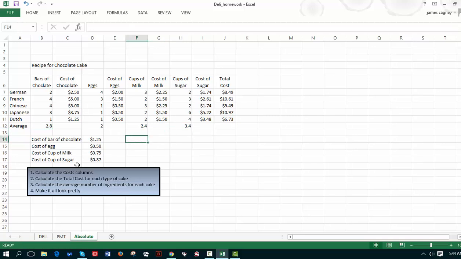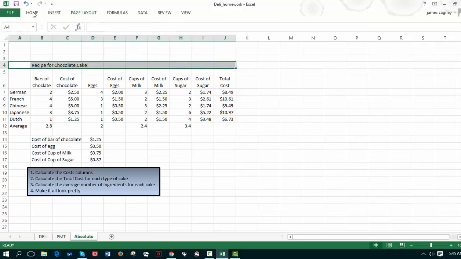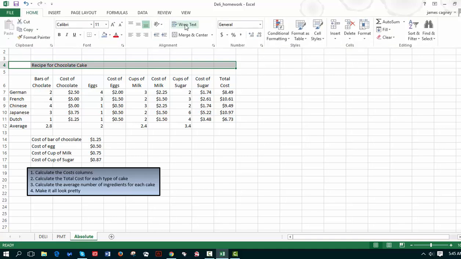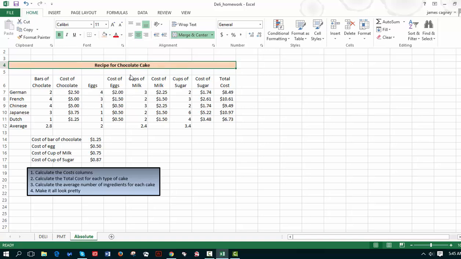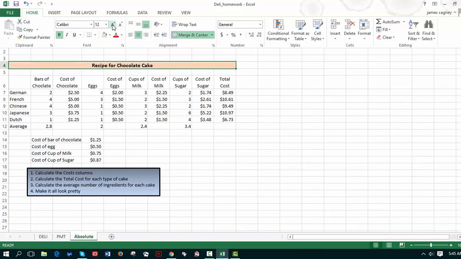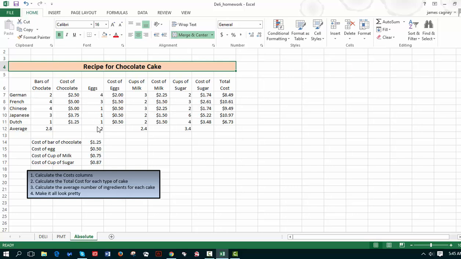And finally, I would make this pretty. I'd probably go to Home and Merge and Center, make that bigger, put some color behind it, a little chocolate cake color perhaps. Is that chocolate cake color? Probably not. Put some cake color behind it, make it a little bit bigger even, and just pretty this whole thing up somehow using different things. So that's the basic idea of how to do the assignment for week number